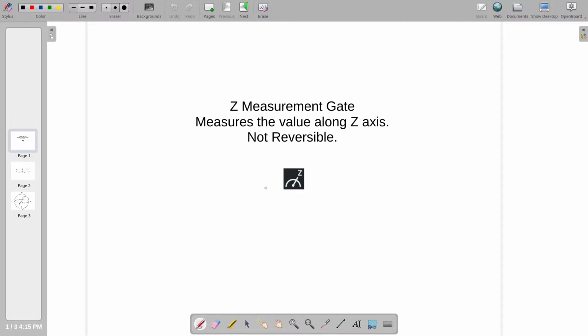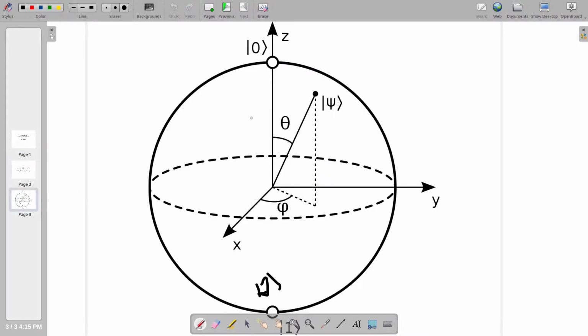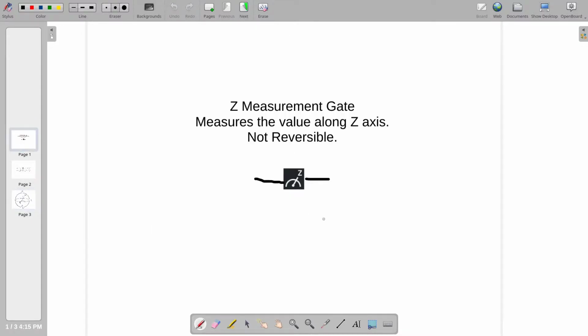Before moving along with the algorithm, it's important that I mention another gate. It's not a gate basically, it's a measurement device. What it does is measure the state of a given qubit along the z-axis. We already know that there are two possible endpoints on the z-axis, 0 and 1. So it collapses the state of a given qubit to be either 0 or 1, and this particular gate is non-reversible. That is, if I pass omega, let us say, and we obtain 0, then there is no way of obtaining omega again from this 0, which means this is a non-reversible gate.